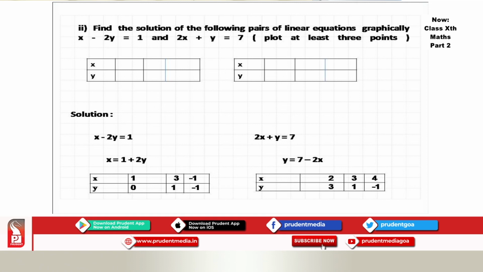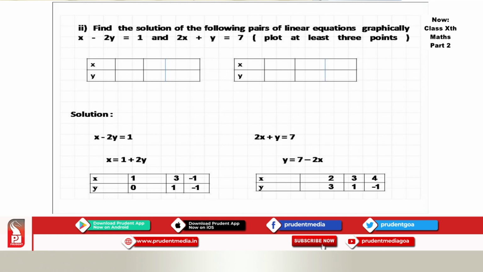Now, in the third case, I have substituted the value of y is minus 1. So 2 multiplied by minus 1 is minus 2. Minus 2 plus 1 is minus 1. So I am getting x is equal to minus 1 here. Now look at the second equation. Here I have to substitute the value of x every time. I have taken x is equal to 2. So 2 2s are 4, so 7 minus 4 is 3. I am getting y is equal to 3 there.